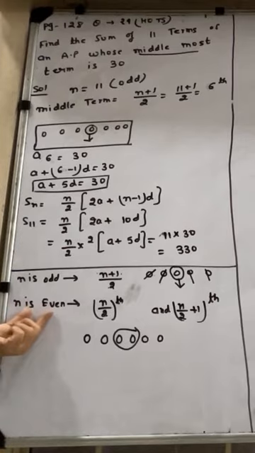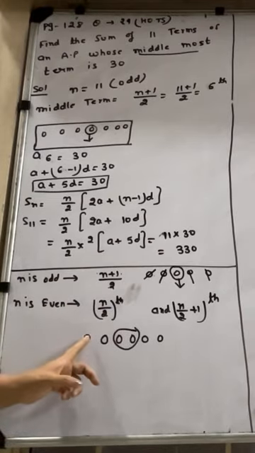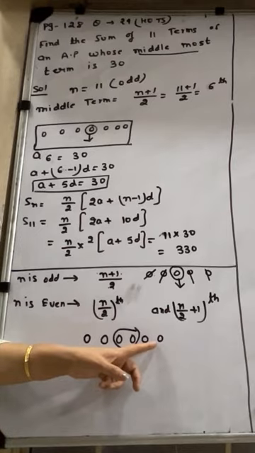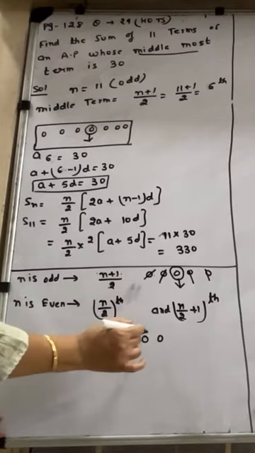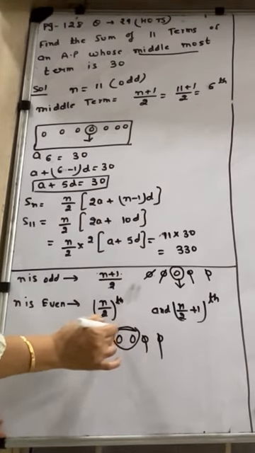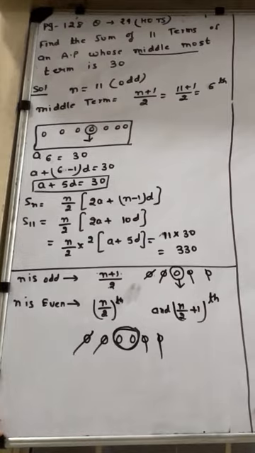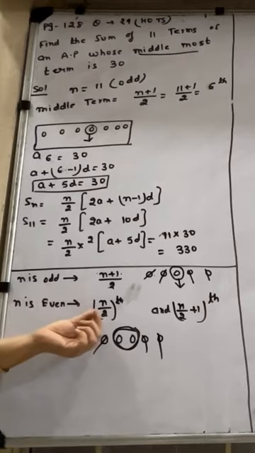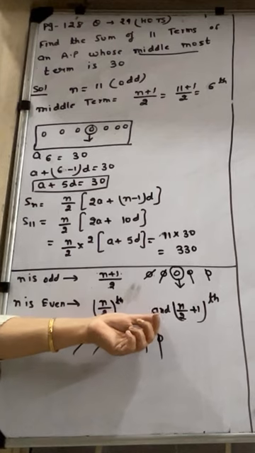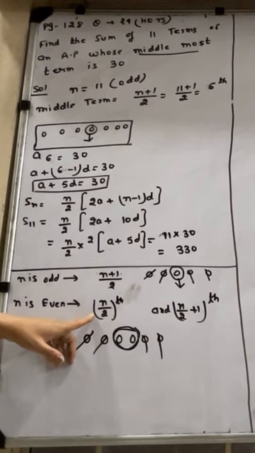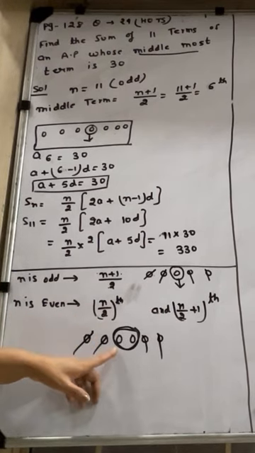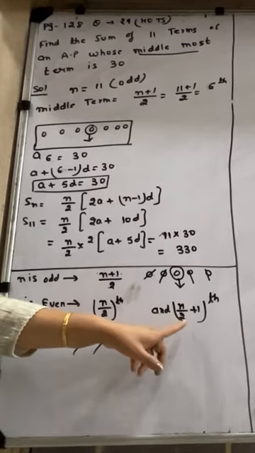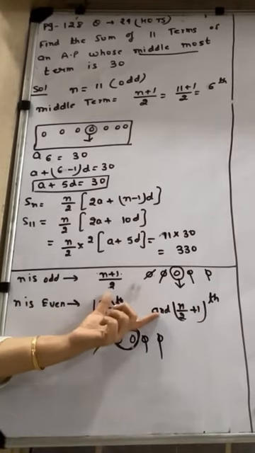Correct? What if you have an even number of terms? Terms can be an even number. Look at this example. 1, 2, 3, 4, 5, 6. Suppose I have 6 persons with me. This will cancel this. This will cancel this. So then 2 persons will be at the middle. Yes or no? If the persons are even, then definitely 2 persons will sit at the middle. So what will be the middlemost term? 2 terms will be the middlemost terms. And what are the numbers? The n by 2th term, and definitely just after that, the n by 2 plus 1th term. 2 persons will be at the middle.